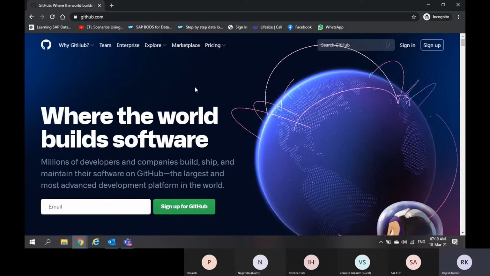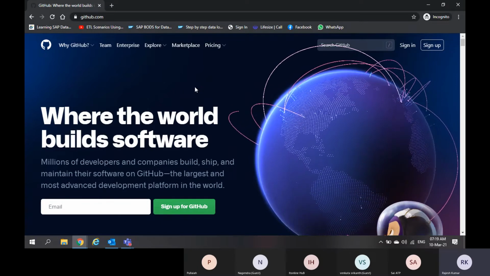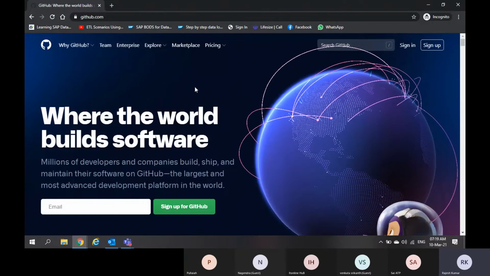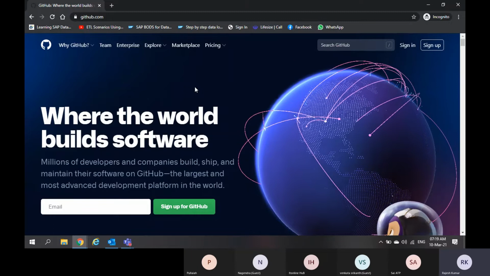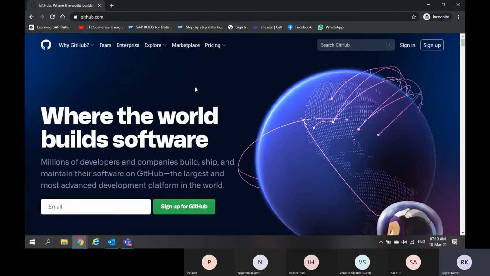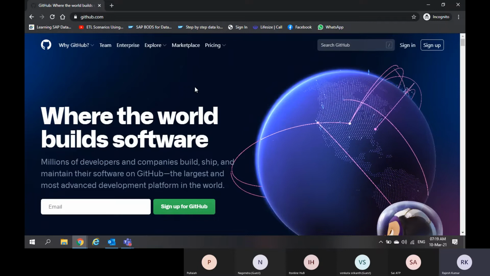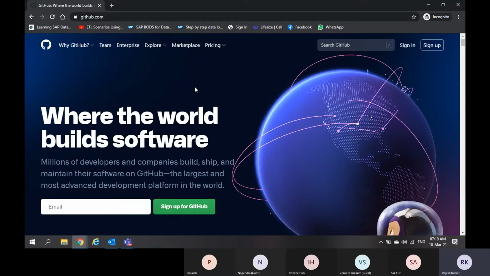For suppose, in the example we have taken, we have a source code where 10 developers are working, but these 10 developers are from the same organization. If you want to share with them, that's easy for you. But when you want to share the same source code with multiple people across the globe, where can you save it?